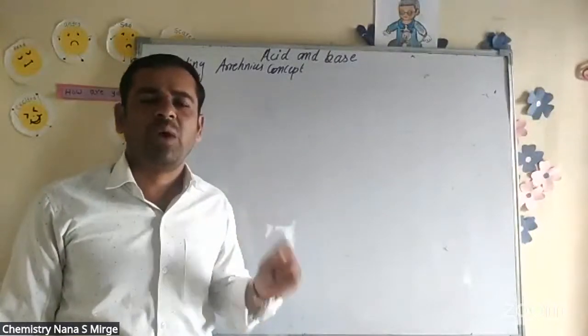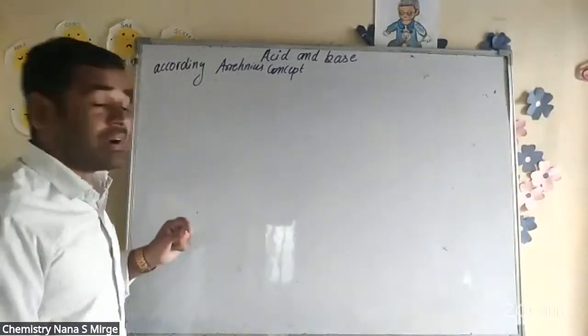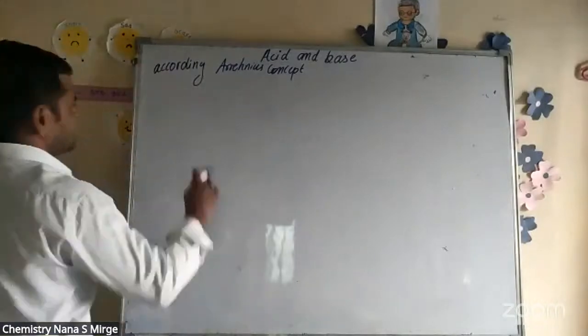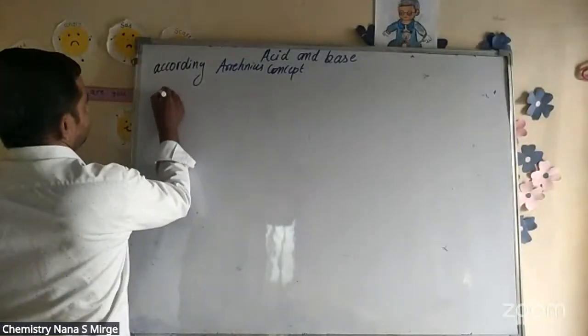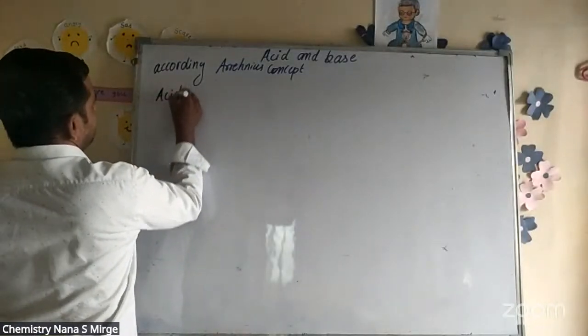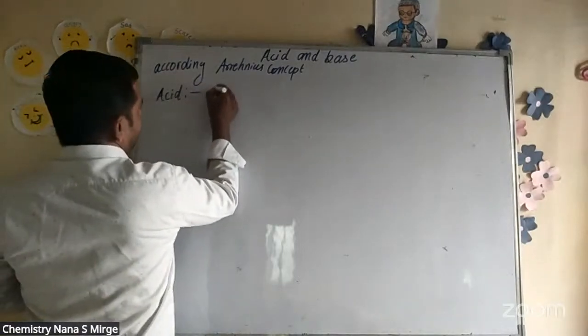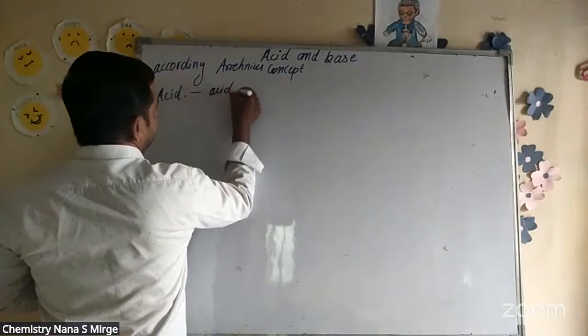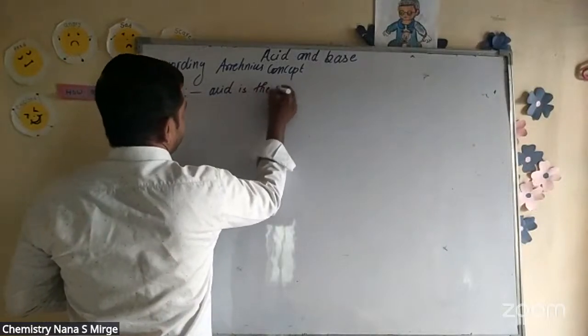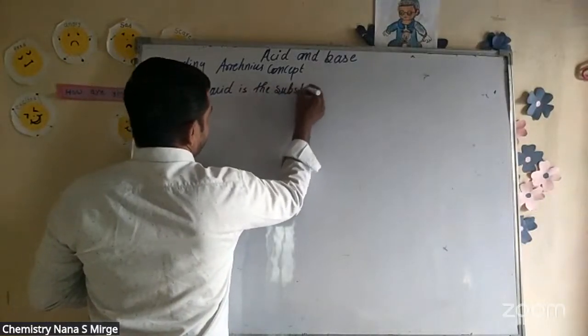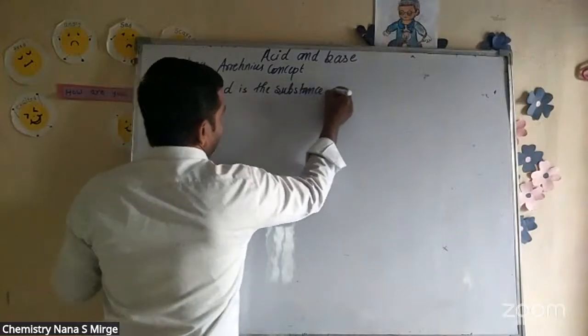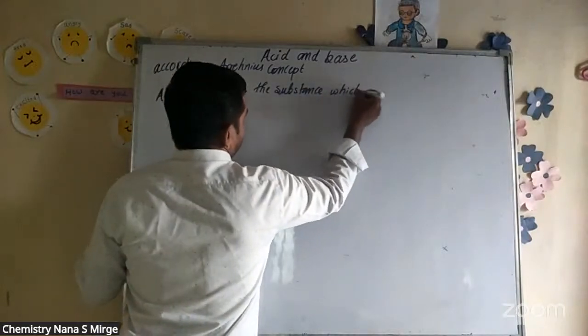What is acid? Why do we call it acid? According to the Arrhenius concept, acid is the substance which dissolves in water